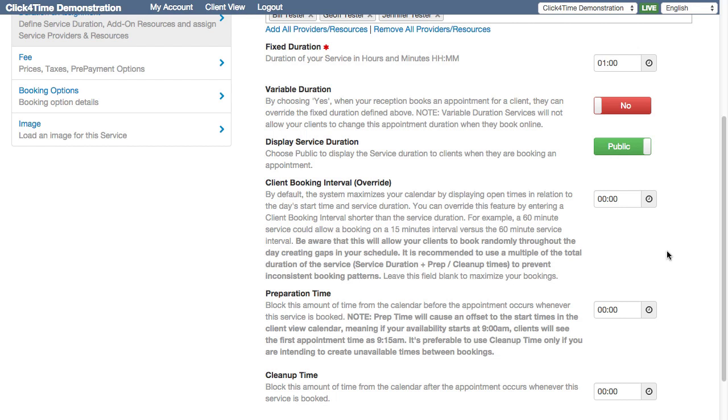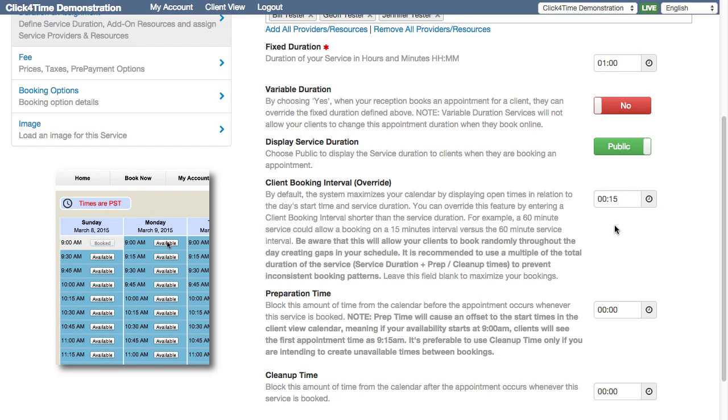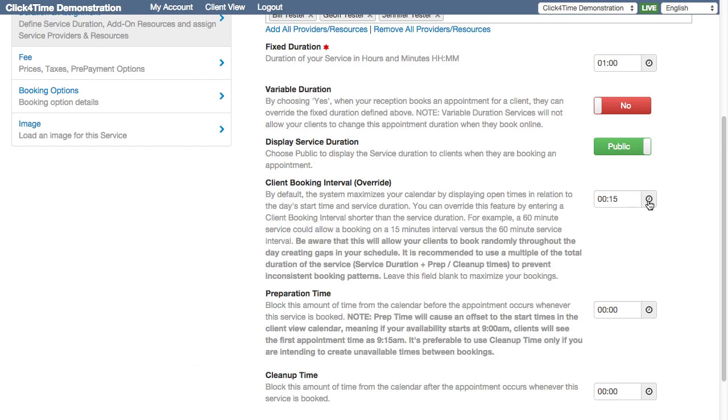You may override this functionality to offer more start times to your clients by setting an interval of your choice. For example, setting this to 15 minutes would cause the available slots to display every 15 minutes. So the same 60-minute service with a 15-minute cleanup would display available slots as 9, 9:15, 9:30, 9:45, and so on.